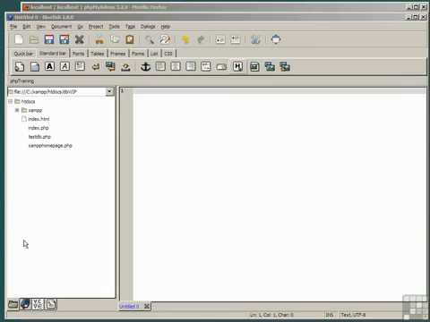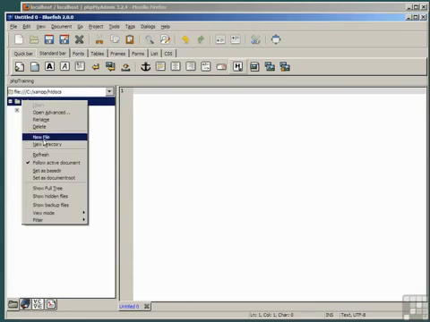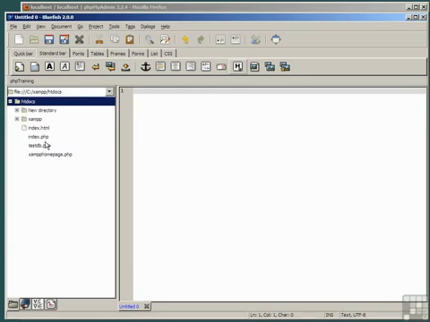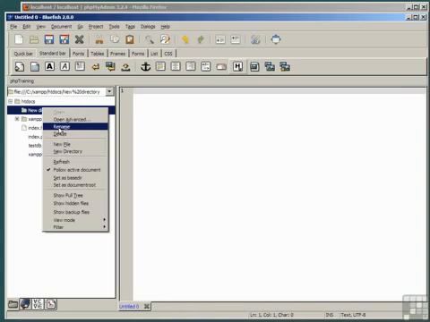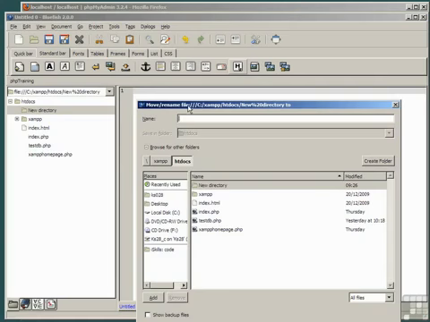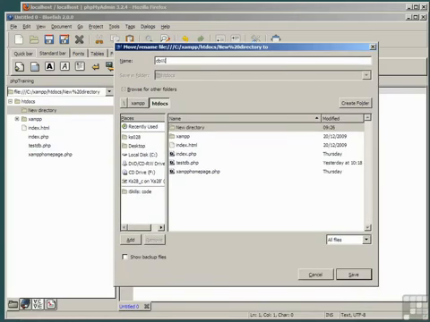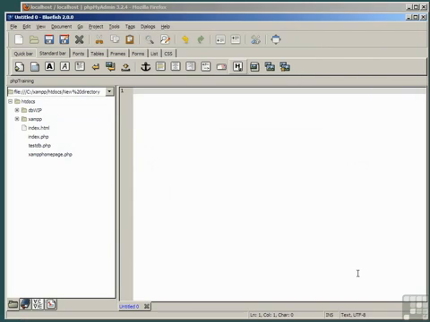We're now ready to start doing things with databases, and we're going to be saving a few working files, so let's create a new directory to save them in. In the Bluefish Folders pane, right-click on the htdocs directory and select New Directory. A directory called New Directory has been created. Right-click on this and select Rename. In the name box, type DB in lowercase, uppercase WIP, which is short for Database Work in Progress, and save